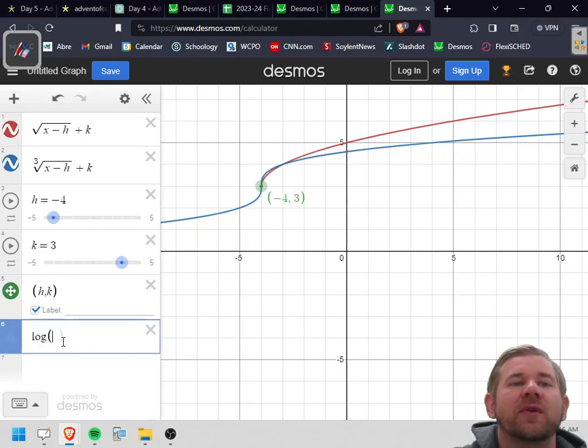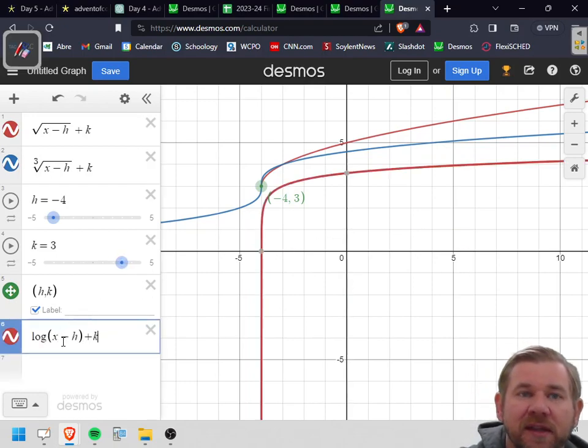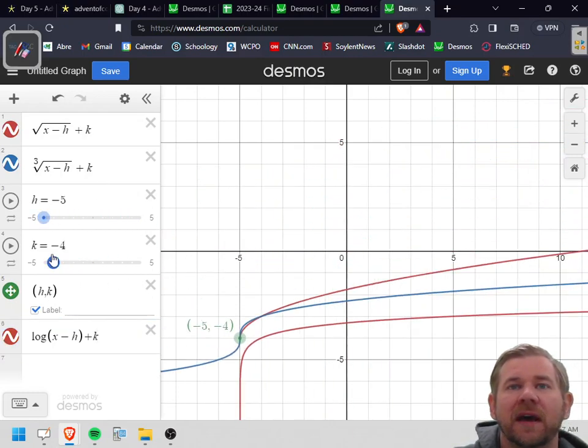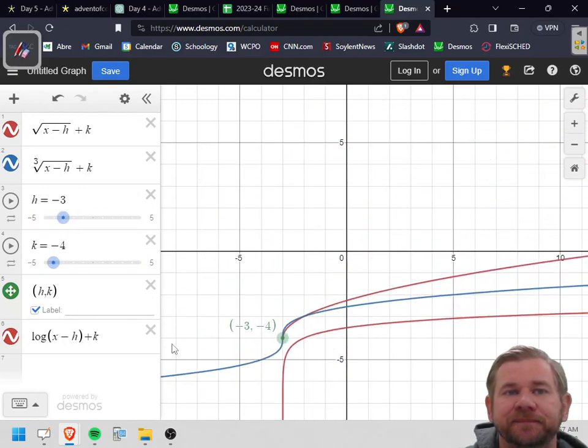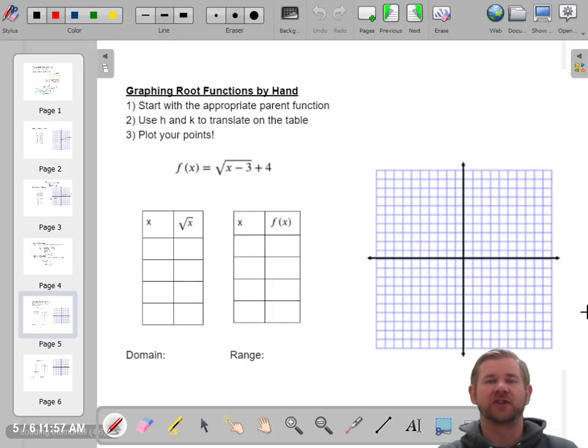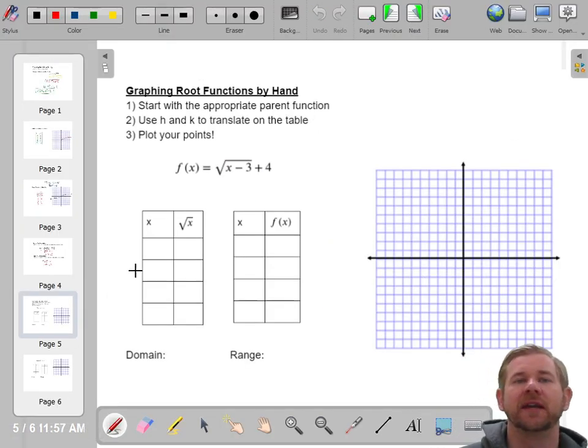You know what? I'll just do something crazy. A log of x minus h plus k. Watch what happens. It moves left and right with them, and it moves up and down with them. It doesn't matter what function I pick, they all have the same behavior. So when we graph these, I'm going to start with the same parent function I already generated, which was